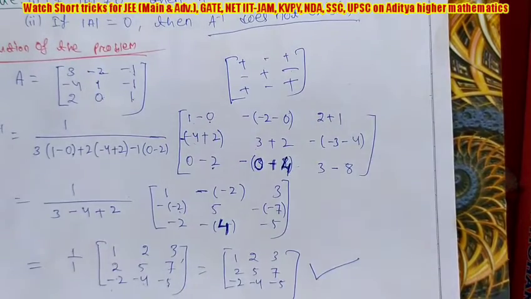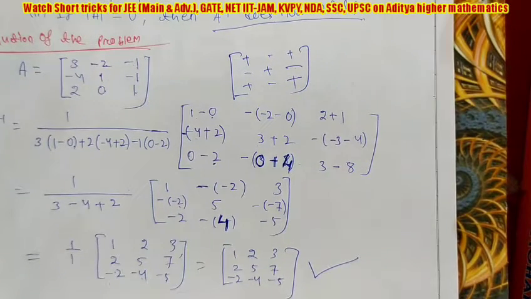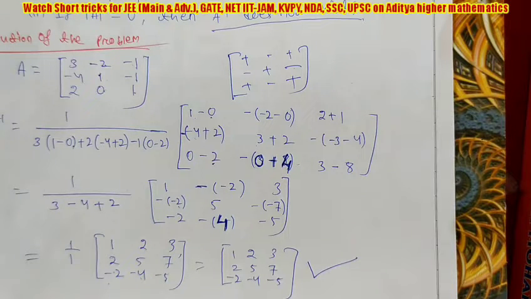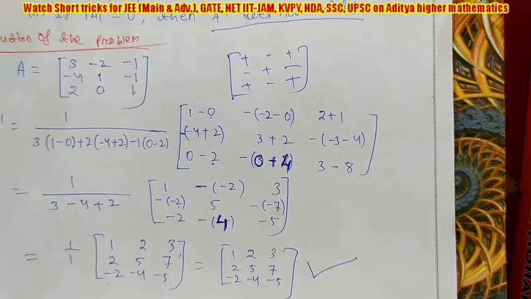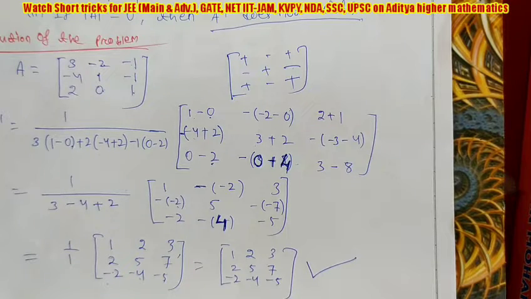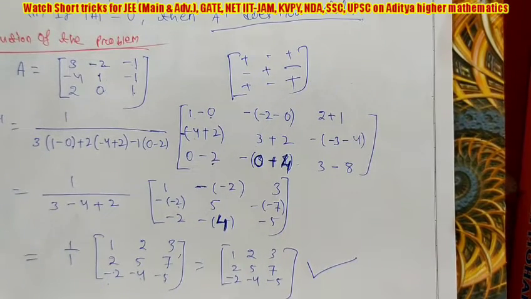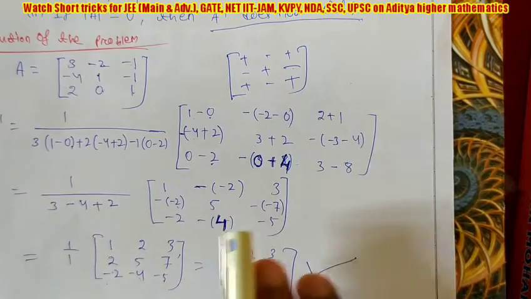And also note that when we are getting two matrices the same, up to how many elements you are finding in that option elimination method, till you are getting different elements, you have to find out. Okay. For example, if in two matrices you are getting first element 1 and in the option also you are getting 1, then again find the next. If you are getting 0, then find the second one also. If the second one is 0, then find the third element. Like this you have to find until you are getting some different elements compared to the identity matrix.